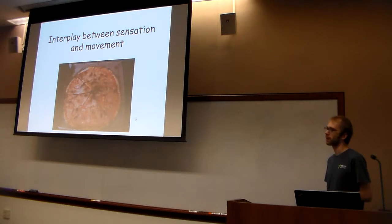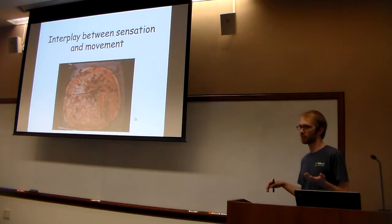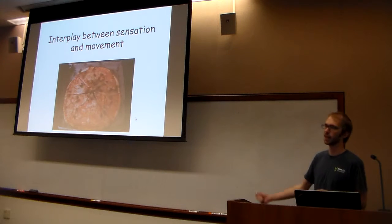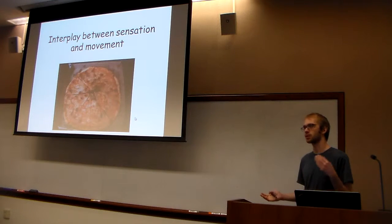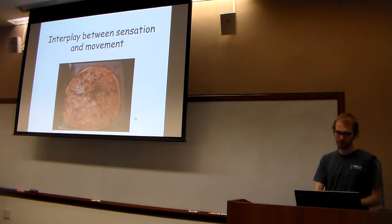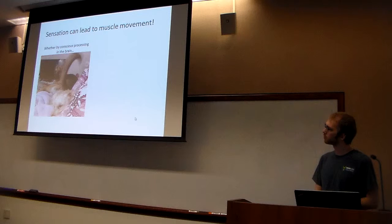So far we've been talking about sensory physiology, and we've also done some brief experiments with movement, right? So we injected a current and we could see that leg moving, right? So it turns out that there's a pretty strong interplay between sensation and movement. So you sense something and you have a reaction to it, right? And so sensation can lead to muscle movement either